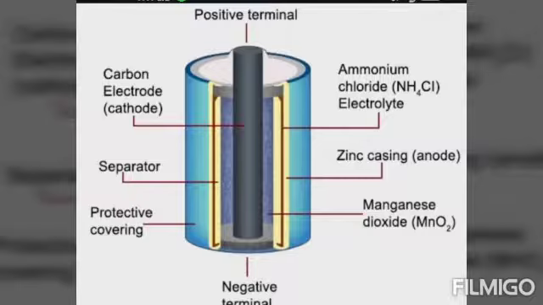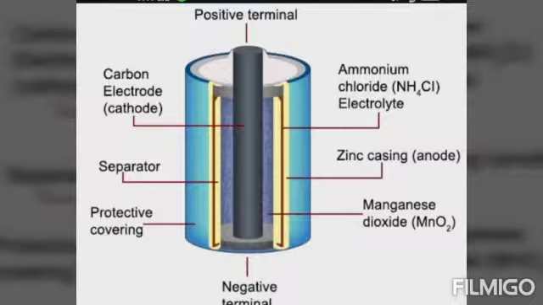Now this electrolyte is a wet pulp. It is made up of a wet pulp, meaning a little amount of water is added to a compound like zinc chloride. They take the powder of zinc chloride, add a little water to it, then ammonium chloride, another compound. And there is a graphite rod at the center of the cell. You can see the graphite rod at the center of the cell. This graphite rod acts as a positive terminal.